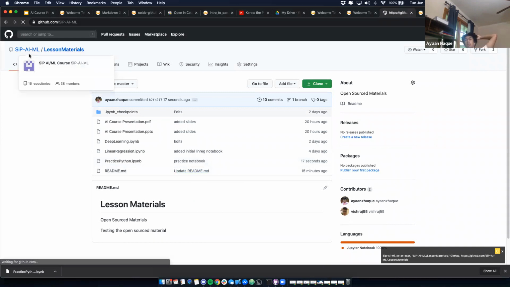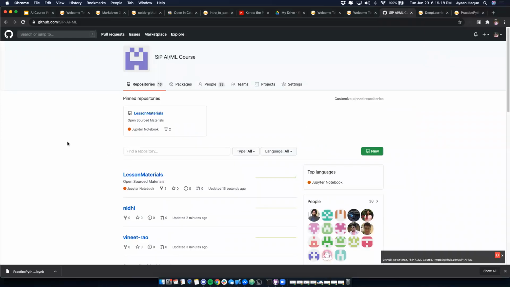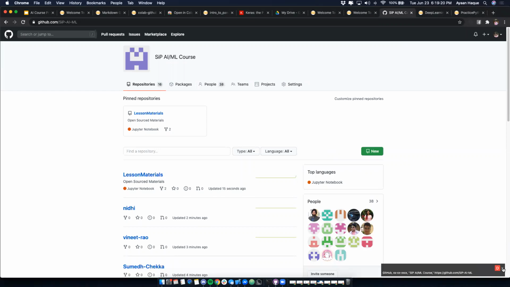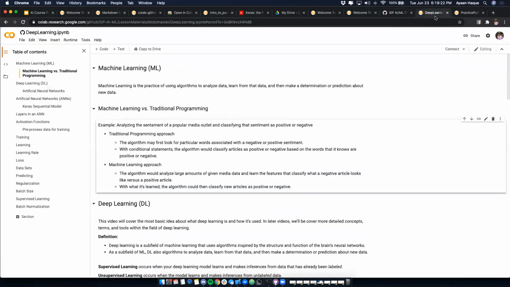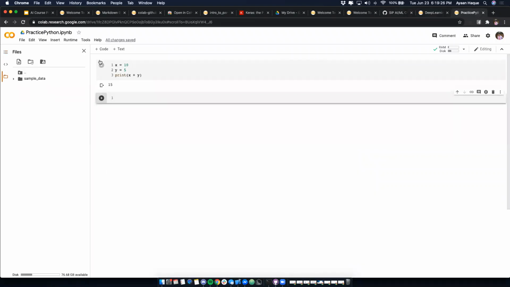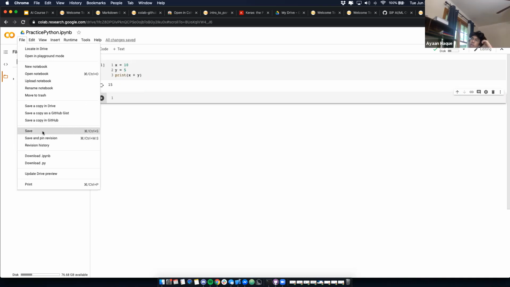Wait, I have a question. I'm on Colab and I pressed the plus code, and all it did was put a bunch of lines between the Colab notebooks and the data science. Yeah, you should make a new notebook for yourself.